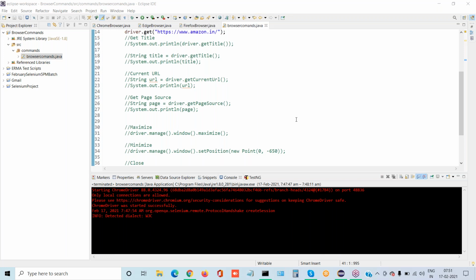Comments are very, very important for us, because when you are viewing or checking someone else's code, if you start again from the beginning it will take a lot of time, right? If you are in the habit of writing comments, then it is very easy for you and for others also. Comments are very, very important. Is it clear?